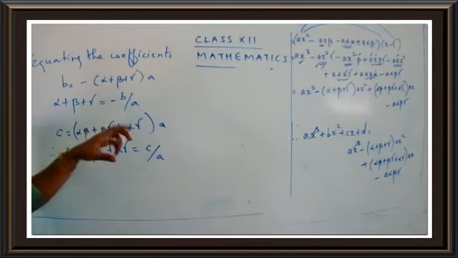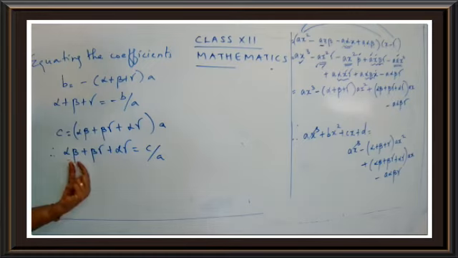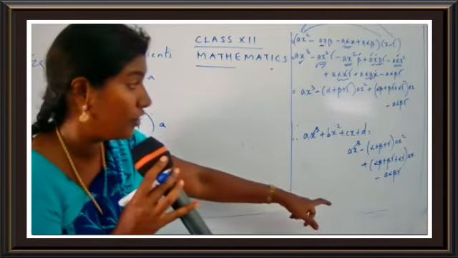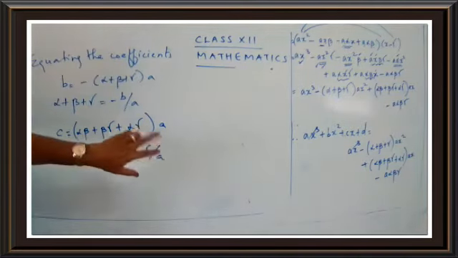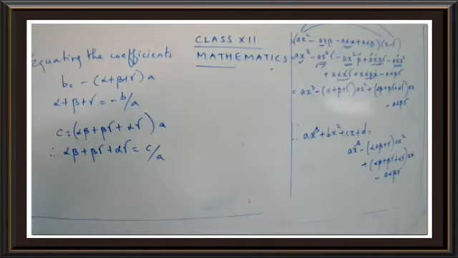So here, what are we going to do? Here we are going to have one more value. So here you have to find out the value of alpha plus beta plus gamma. Then you have to find out the value of alpha beta plus beta gamma plus alpha gamma. And one more thing, you have to find out the value of this in terms of D, like B, C, and one more you get for D. Okay, children?